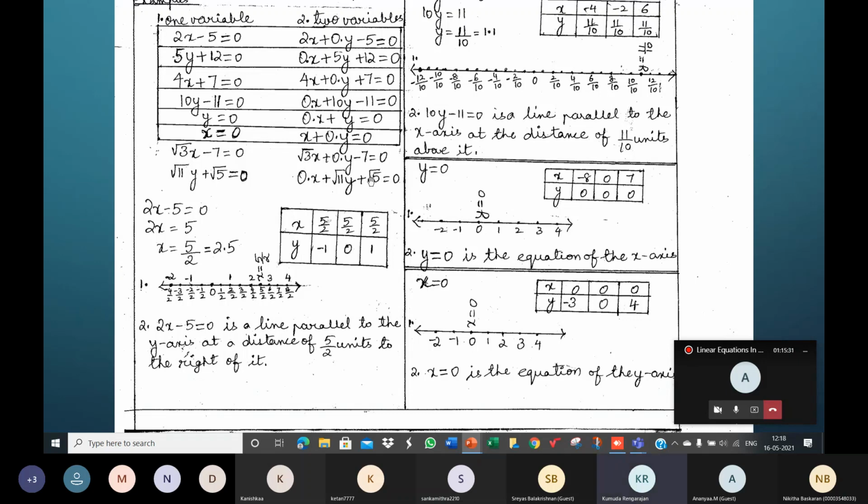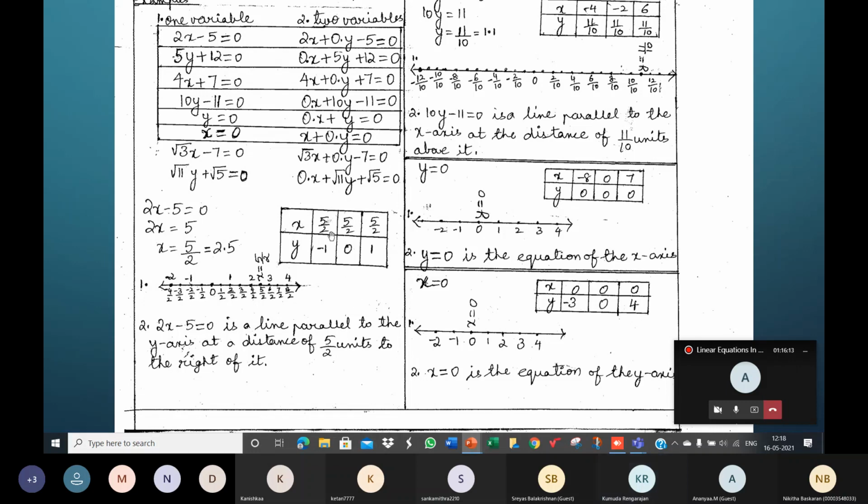Now what you have to do is take your graph paper or graph book, show the x and y axis, mark off 1 to 3 on the x axis, 1 to 3 and minus 1 to 3. Then on the y axis also just make a few markings and plot these points, children. Plot 2.5 comma minus 1, 2.5 comma 0, 2.5 comma 1. Join the points. The points must be collinear. That is, you must be able to connect the points by the same straight line.